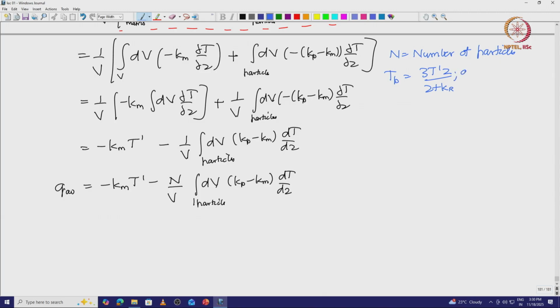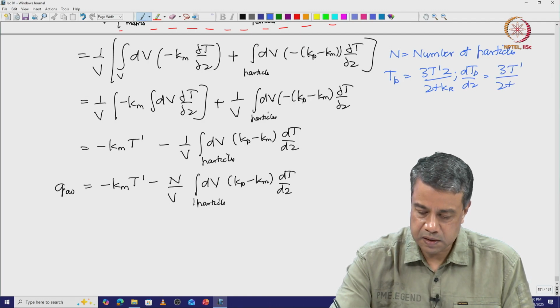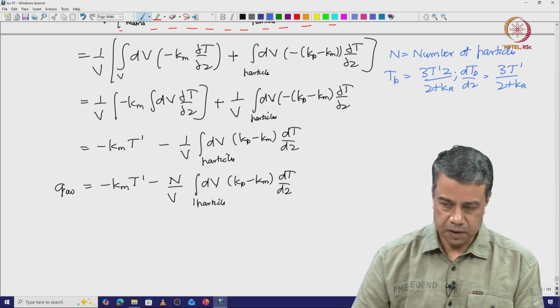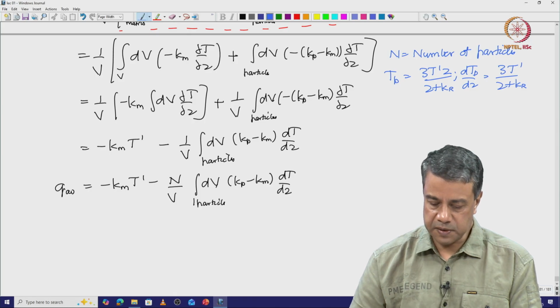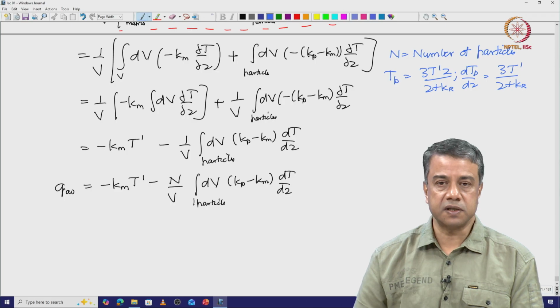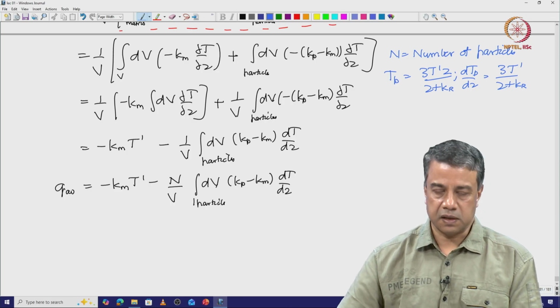This implies that dTp by dZ is equal to 3 T prime by 2 plus Kr. That is, the temperature gradient within the particle is just a constant. Since the temperature in the particle is proportional to Z, the temperature gradient is a constant,